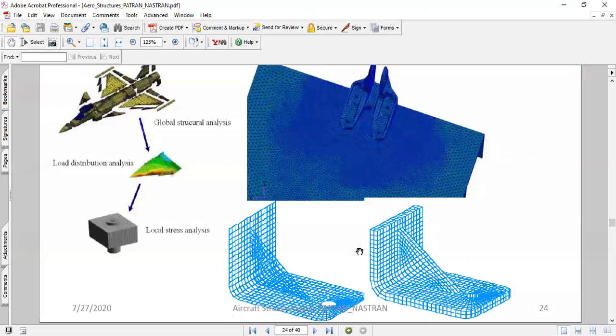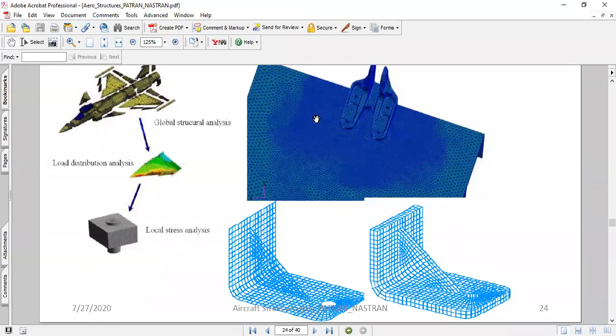And if you are interested in what kind of stress levels develop within the bracket or within the attachments, then you could use the higher order elements or the solid elements, 3D elements, and then run the analysis.